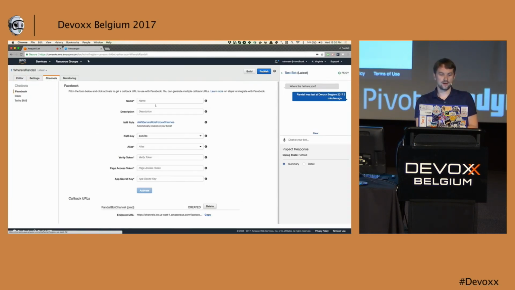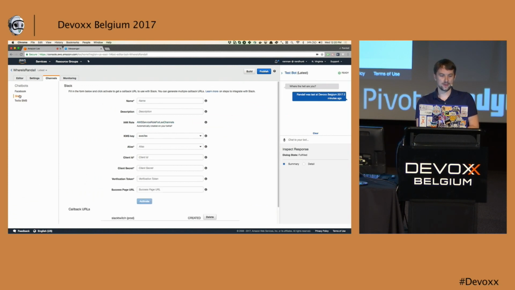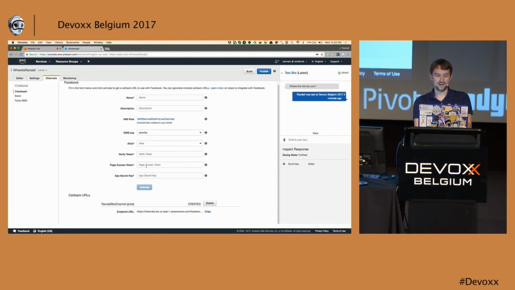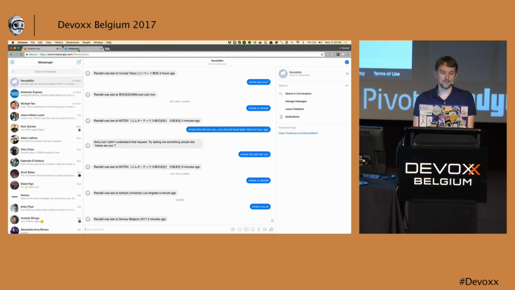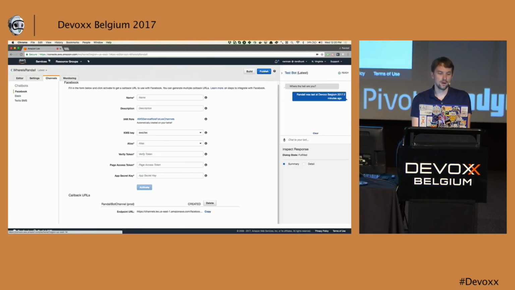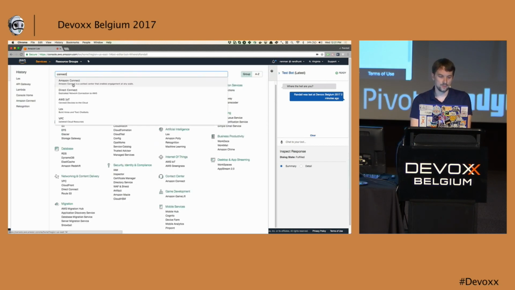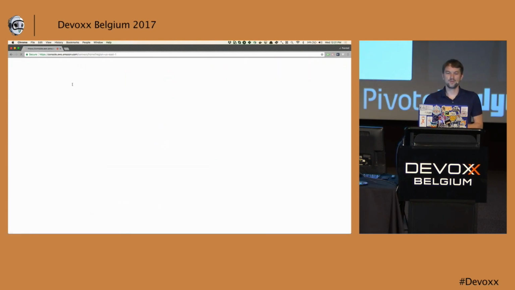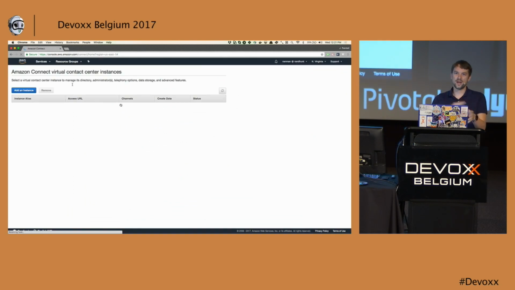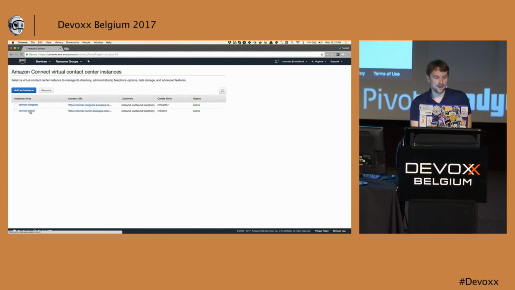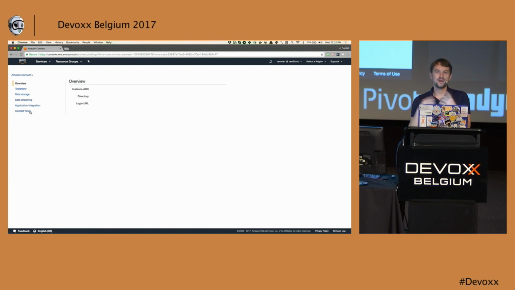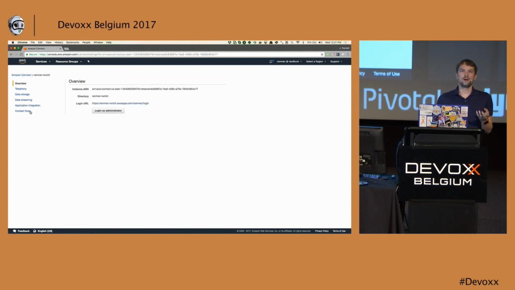I just go in and set up Twilio, Slack, Facebook, and I'm not having to write any code or authentication stuff to get this working. I'm just like, here are my API keys, please work. But what's really cool is you can go further, because Lex is not just for text, it's also for voice. We have this service called Amazon Connect, and it's for building virtual call centers,